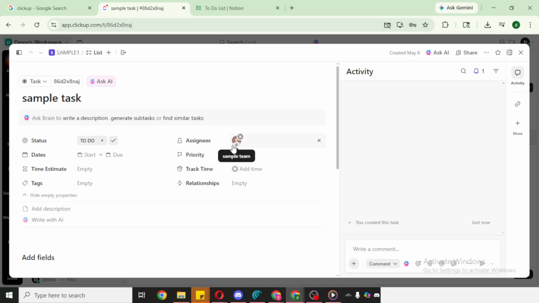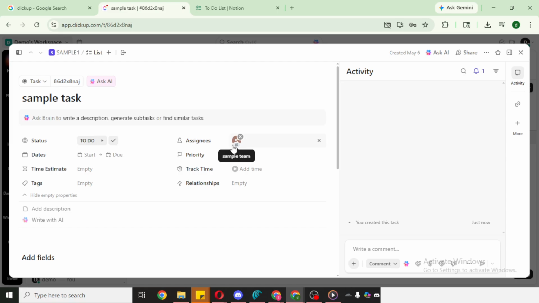Once the assignee is added, they'll receive a notification and the task will show up in their personal views. At this point, you can move on and repeat the same process for any other tasks that need an assignee. Open each task, click the assignee area, and choose the right person. Consistency helps your team stay aligned and keeps your project timelines on track.